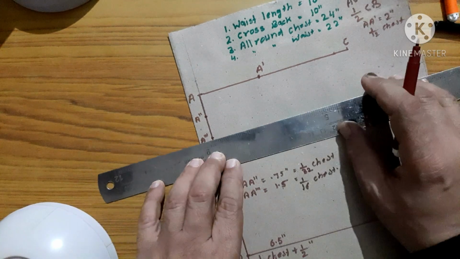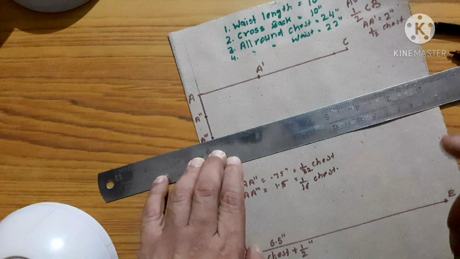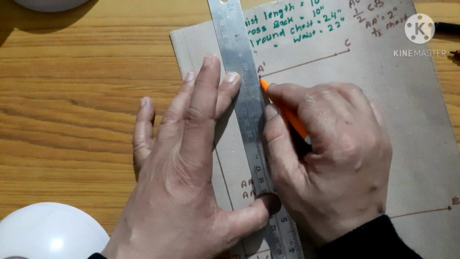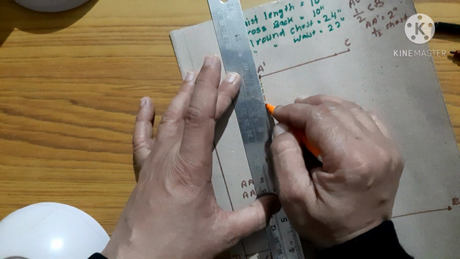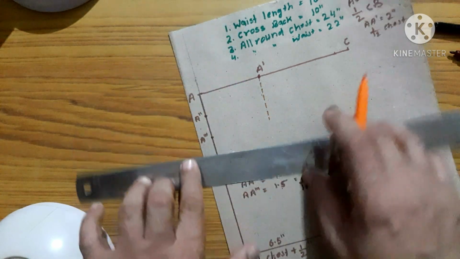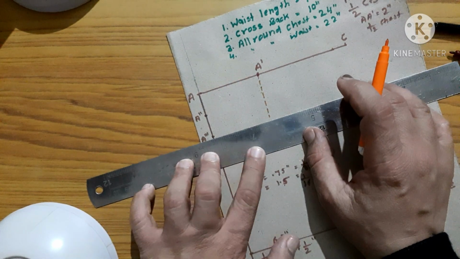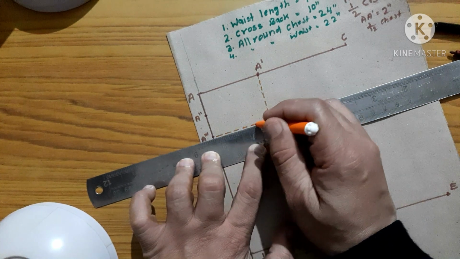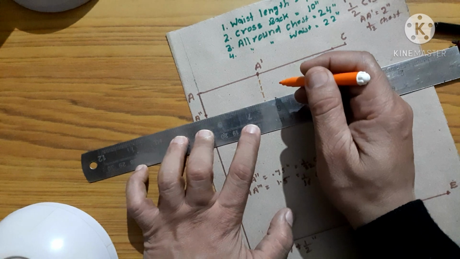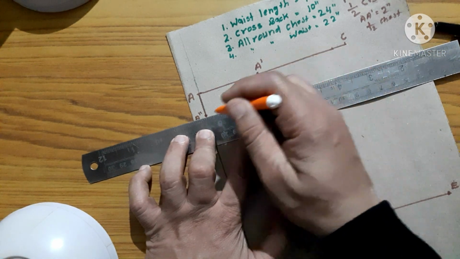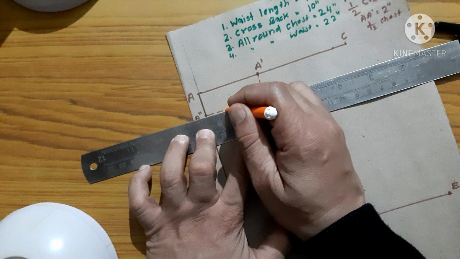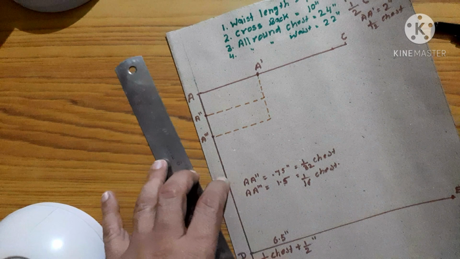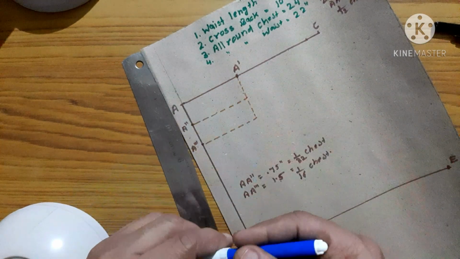Now we will square out this. I'll do it with a different color to make it understood. I'll square out a line from here, I'll square out a line from here, and from here also. Now you can give the shape to the neckline. We'll do it with two different colors. For the back I am using this blue color.